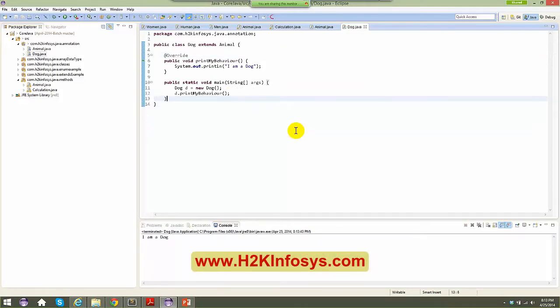Slowly, when we talk about all the advanced Java courses, we'll see a lot of annotations there. So just keep this in mind, that annotation is nothing but metadata for a particular method. We are going to see metadata for a particular class also, and whatnot. All right. So this is all about annotation. So our next topic will be